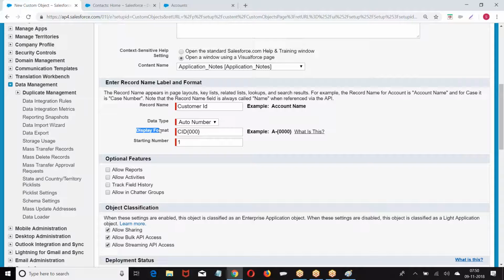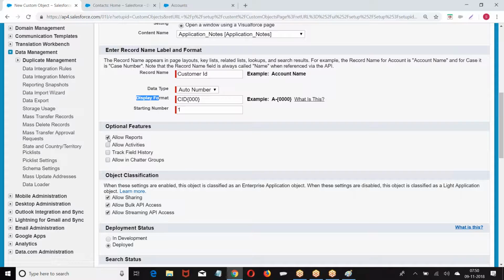These can be enabled or disabled at any stage of the application, as per your requirement.